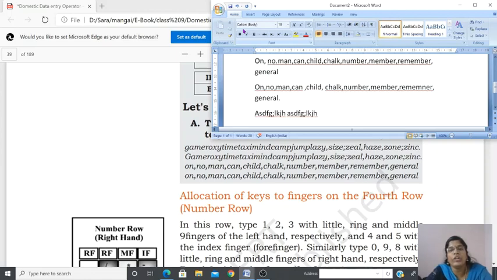If you are using your fingers to type like 1, 2, 3, 4 like this, please avoid that. You're not supposed to do it. Just keep in mind how to type. You have 3 rows: upper row, middle row, and then bottom row. How to place fingers? You have to always keep them on the home keys. And the tangible lines will help you know whether you have kept your fingers correctly or not. Clear?